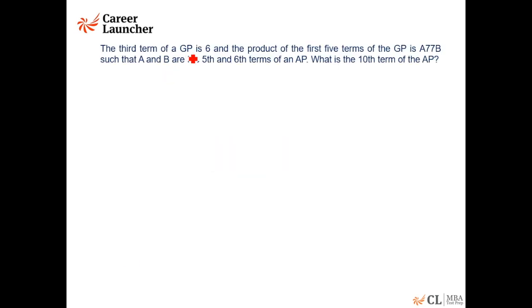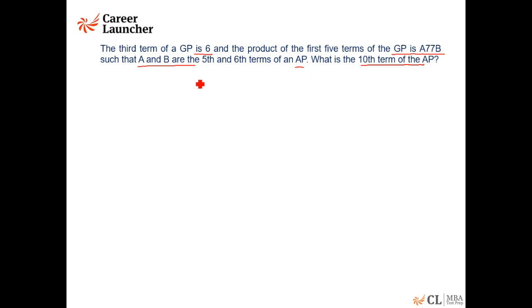Okay. The third term of a GP is 6 and the product of first 5 terms of a GP is a to power 77b, such that a and b are 5th and 6th terms of an AP. What is the 10th term of the AP? Okay. Now you can look at this question as a complicated question of mathematics, but let's go back to the basics. Something that all of you should remember is, if we are looking at choosing 3 terms of a